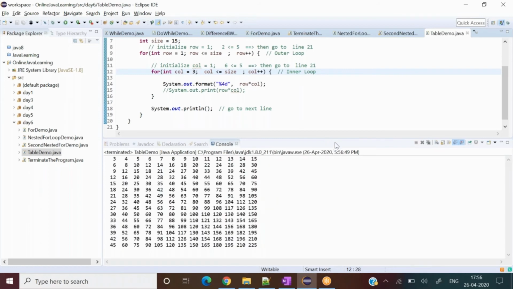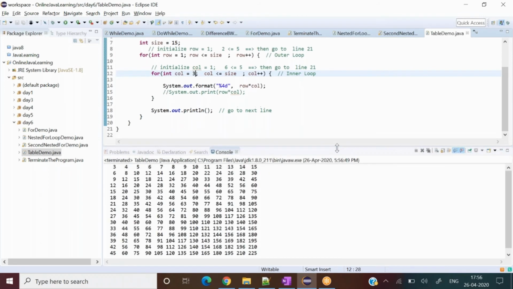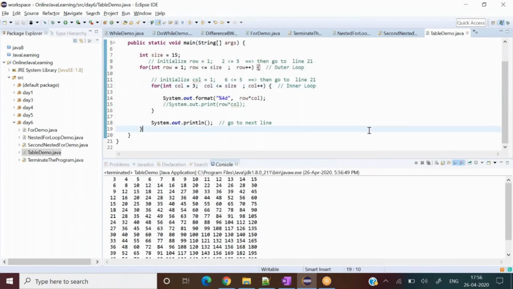If you play around for some time, you will grasp the knowledge, not a big deal. You can make such programs, different kinds of pyramids and such tables also, so that your understanding becomes more robust. So I have shown you many types of examples right now. That's why I discussed a little more, 3 or 4 examples for nested for loop, so that we have a good understanding around that.